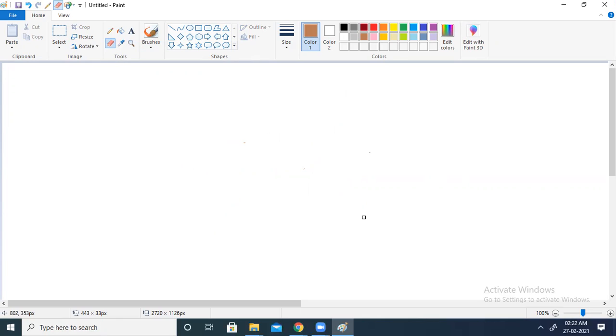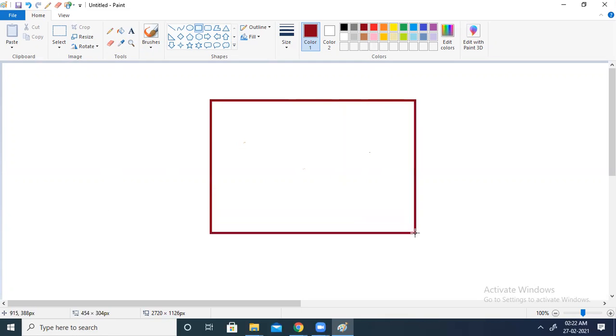Now we will see the brush tool. Why is the brush tool used? The brush tool is used to select any color and to apply it. Suppose I want to apply some color here to my rectangle. I am creating a rectangle and I want to apply some color to it. This is a rectangle I have drawn, then I want to apply some color to it. Go to the brush tool, then which type of brush you want you can select from here.